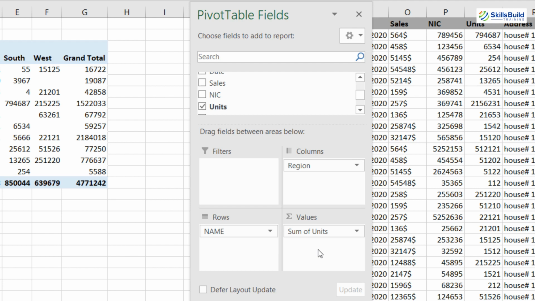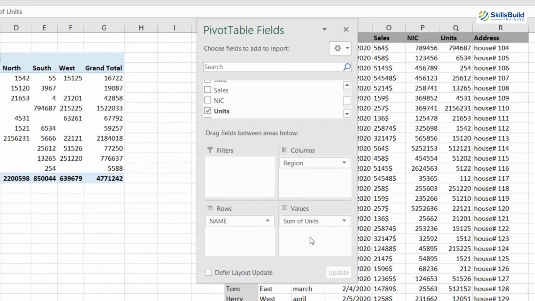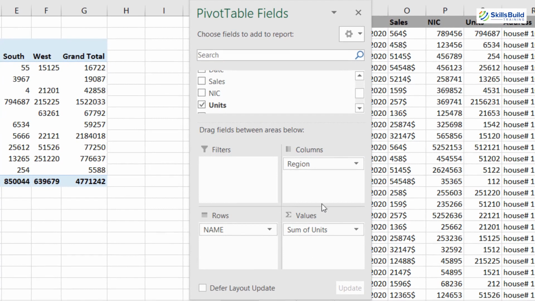If you are bringing some other field here, some other attribute, it will give you the COUNTIF. So you don't need to put formulas. You know that there are many formulas, SUMIFS, COUNTIF, and not only COUNTIF but COUNTIFS. These are basically complex formulas. If you are using them for every single value, it will make your work more difficult. So in order to avoid these difficult things, all you need to do is use pivot tables, and you can use this particular field in order to know the sum and COUNTIF.